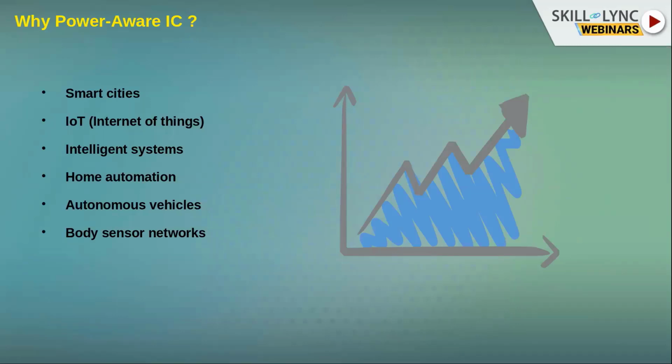So what is it about smart cities, IoT, and intelligent systems? The common thread that runs behind all these things is that they all run from batteries. Being smart is common to all these things as well. So what is meant by making a device smart? What makes you smart, or what makes me smart, is the common sense we have. So we have to integrate sensors with all these devices to know what is going on around the device. It has to sense its environment, make decisions accordingly, and do the work on its own. That is what makes any particular thing smart.